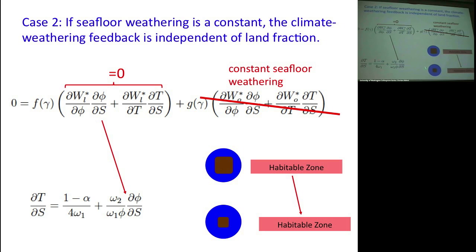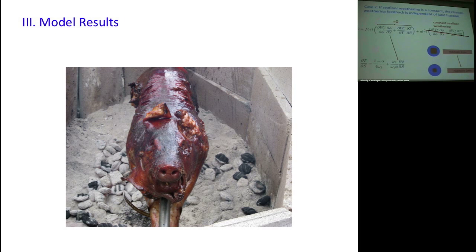And so this is a relationship that holds up in the full model. So the basic picture that you can construct just from the simple examples is that a water world should have a very narrow habitable zone, and planets that have some land should show a weak dependence of their habitable zone on the land fraction, which is a powerful result, because what it means is that the previous habitable zone theory should be robust in these cases, which has been derived without any explicit reference to what the land fraction is.